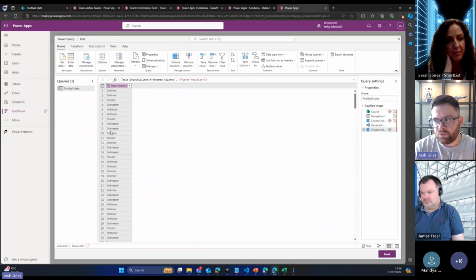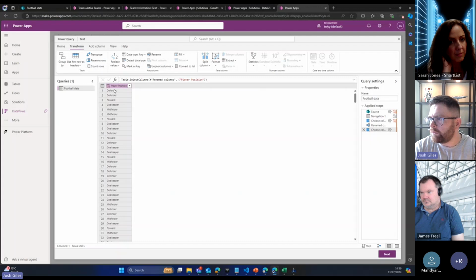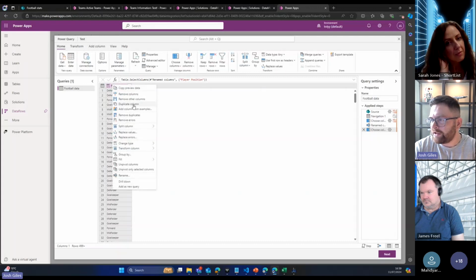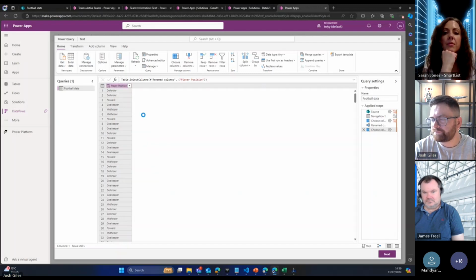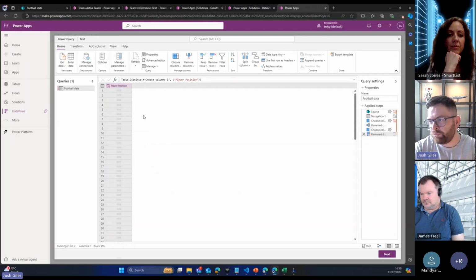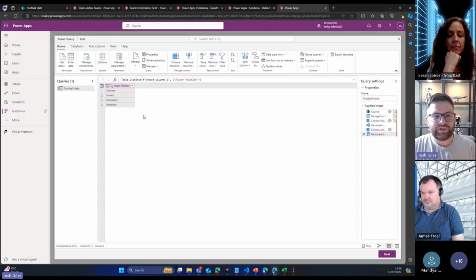So really you want to remove duplicates. And it's as simple as, I think it's transform, where is it? Or right click. Or right click, yeah. And remove duplicates. And that's going to bring it down, I think, in total, actually. It then ends up being like 4 rows, yeah. So now I can just bring that